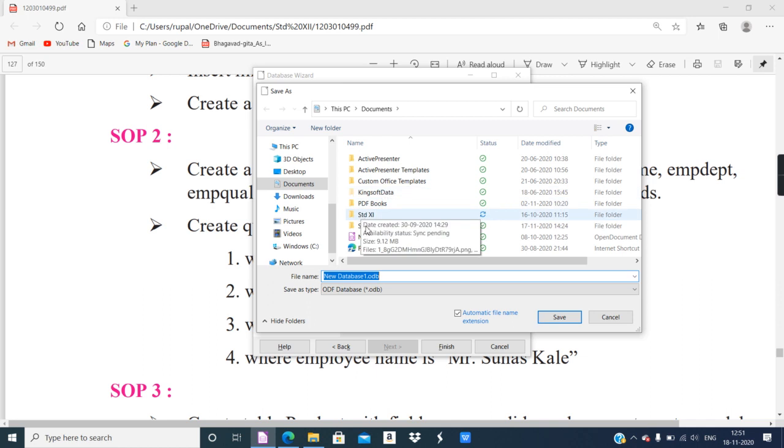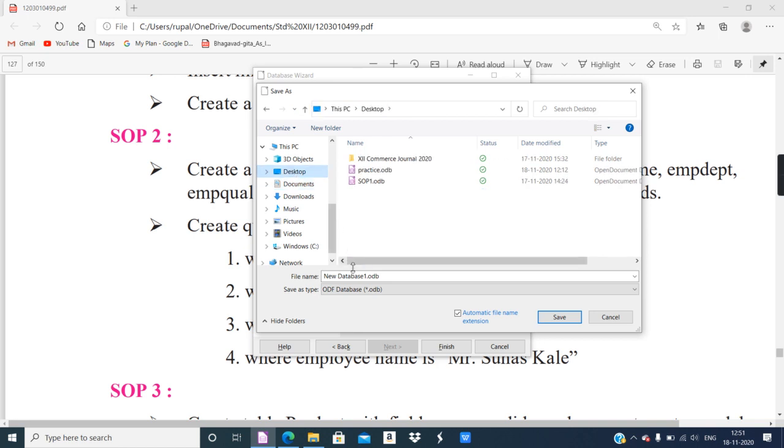If you want to save your database file in a different folder, you can choose the location by clicking on these different options and choosing the folder. Whatever you choose, the URL should be available over here.